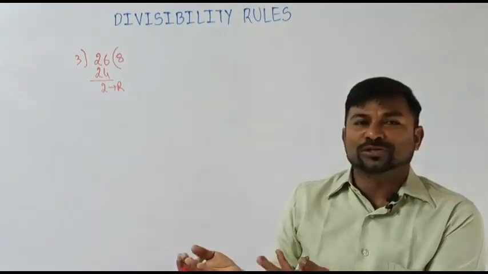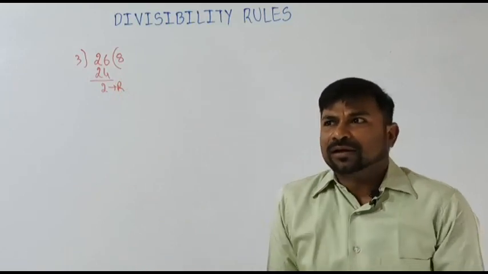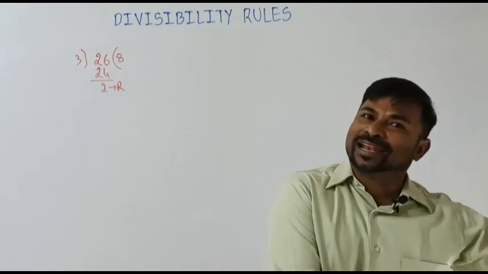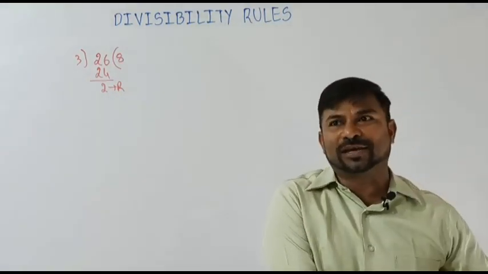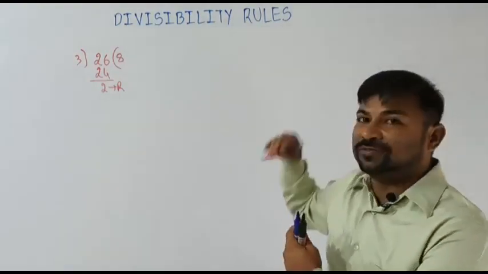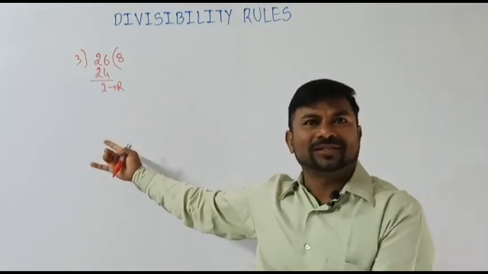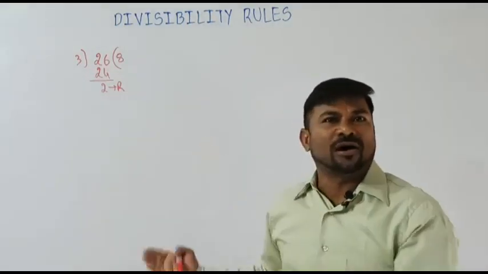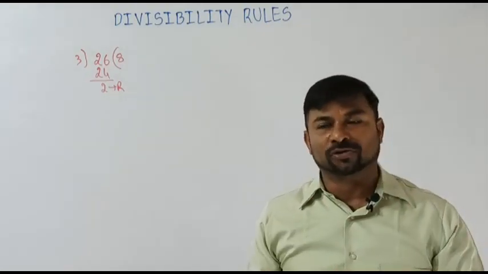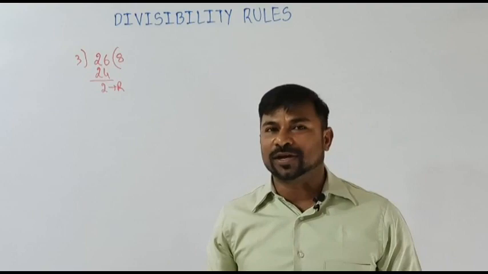If we had known earlier that it does not divide exactly, then why would we have done that? We have to check before only whether it is divisible or not. That is nothing but divisibility rules. If you know the rules, there is no need to try like this and get it wrong. Instead, you can check beforehand by applying the divisibility rules, and then straight away apply it. That's the use, a very, very important use.